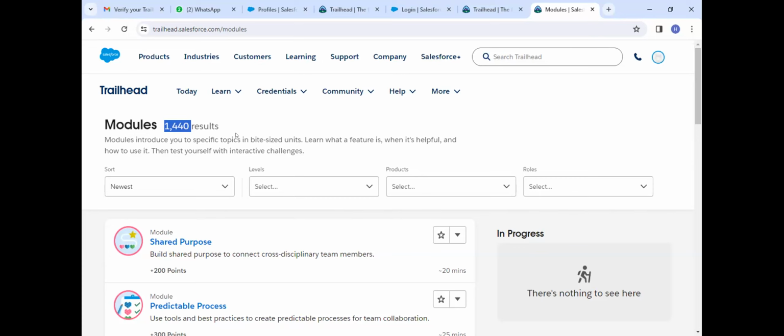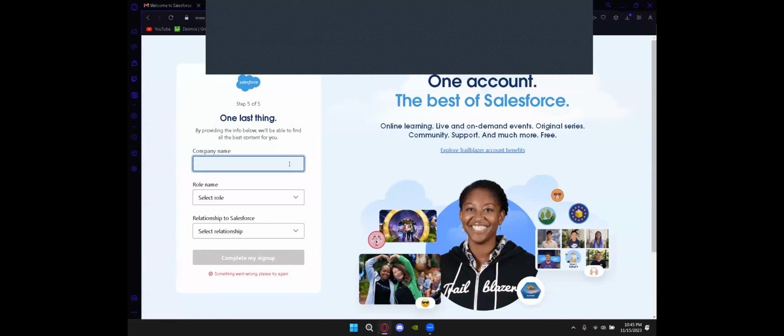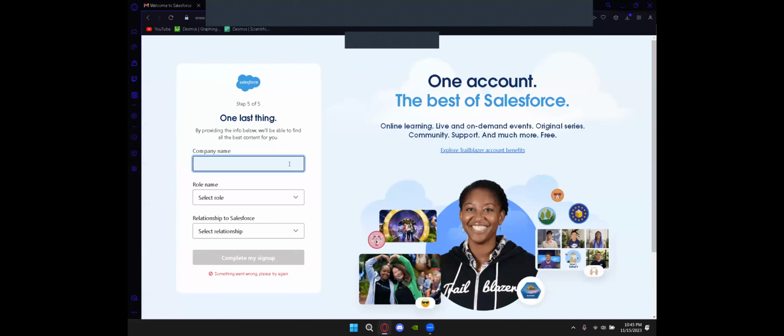I have an issue. Let me share my screen. Then you can stop your screen sharing for a moment. Thank you. You can see my screen, right? Yes. Okay. Enter company name,